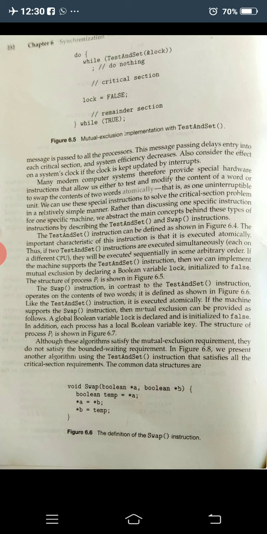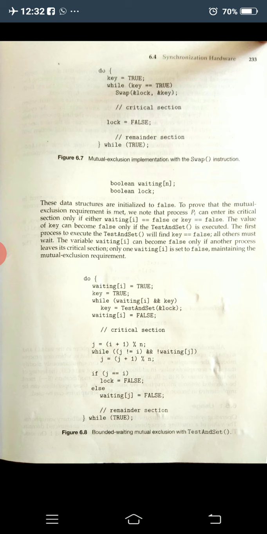If it is false, it is next entering its critical section. So this part of the code is very readable. Using these two data structures, waiting and lock, this hardware based solution can be given.